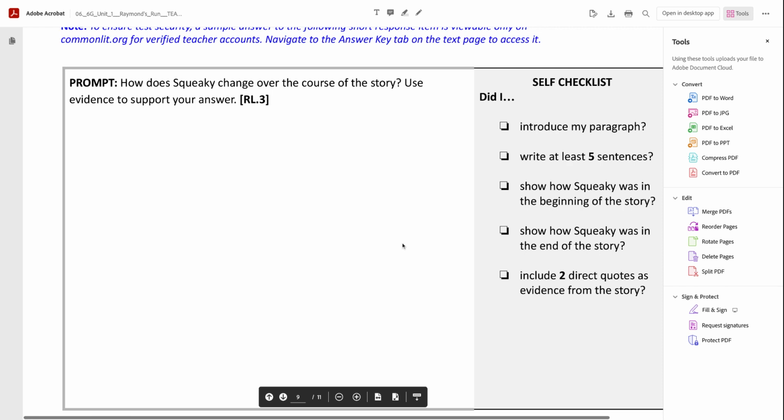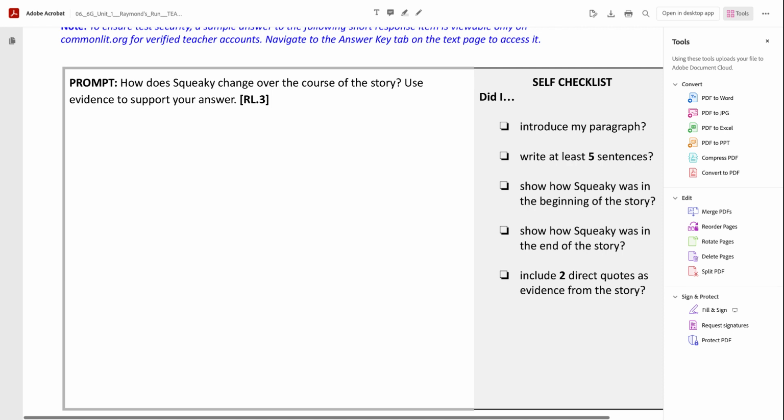is true. So, what I'm going to do is share with you my answer. I wrote this right along with you, and I want you to see what a good answer would look like so that you can use it as a model to go back and make revisions to your paragraph so that you can have all 5 of these boxes checked. Okay, so let me just read through mine very quickly. I'm going to highlight certain things so that you can see them a little bit clearer, so it's not just black and white. And I'm going to ask you to do the same thing.